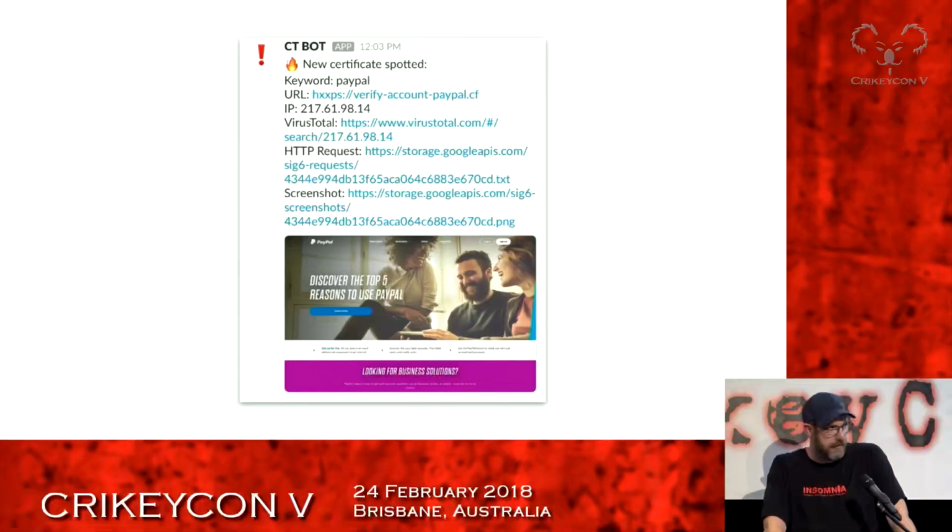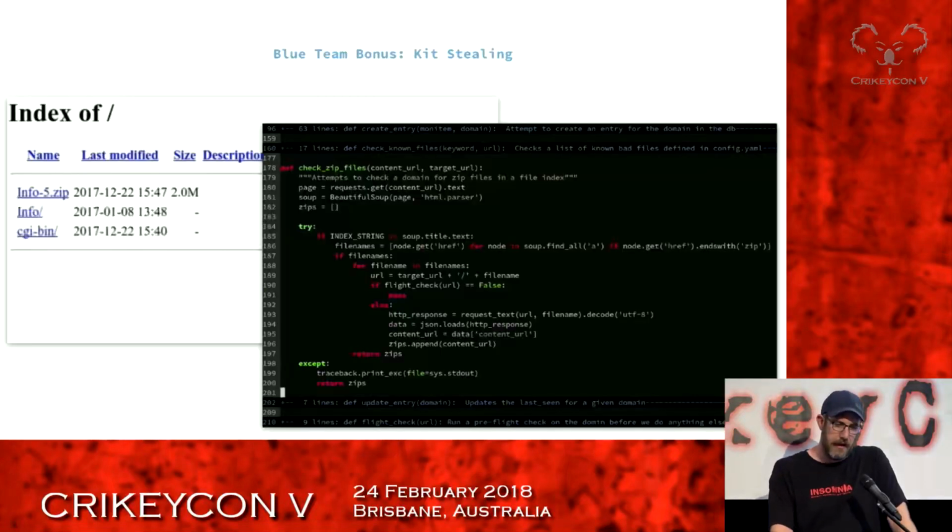It looks like this on my Slack bot for PayPal, for example, but I've been looking at PayPal, Apple ID, stuff like that. This was, I don't know, a couple of 100 lines of Python for the initial proof of concept. Probably the current version, which does a few more smarts, is somewhere around 400 or 500 lines of Python, right? There's nothing major to it. So you can get a heads up on what's going on out there pretty easy.